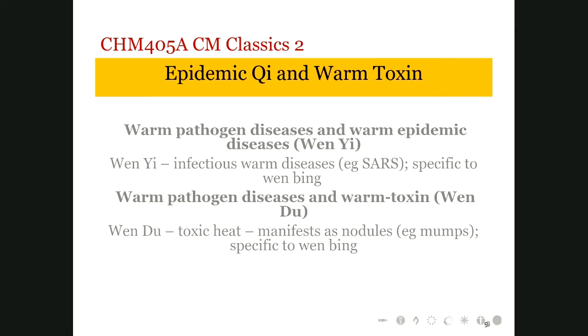Now, this slide is trying to present epidemic Qi and warm toxins, regarding their specific natures. Warm pathogen disease and warm epidemic illness are all very contagious conditions. The difference with Wen Yi, the epidemic one, like SARS, bird flu, or COVID-19, is that they are high temperature related syndromes or strain related conditions, and this can cause very big population suffering. But warm pathogen disease and warm toxin are usually more localized in local regions. They do not cause huge population suffering around the world, only localized.